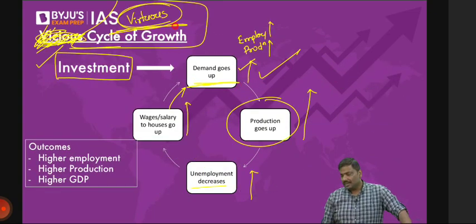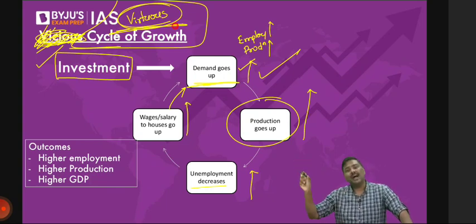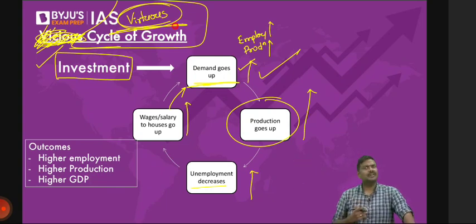Can be asked. Sir, what kind of question? Let me ask you a very simple question. Imagine a country is going through a virtuous cycle of growth. Which of the following might be the outcomes of it? Can they ask this kind of question? Of course, yes. Imagine the economy is going through a vicious cycle of growth. Which of the following can be observed in the economy? All these kinds of questions can be asked.